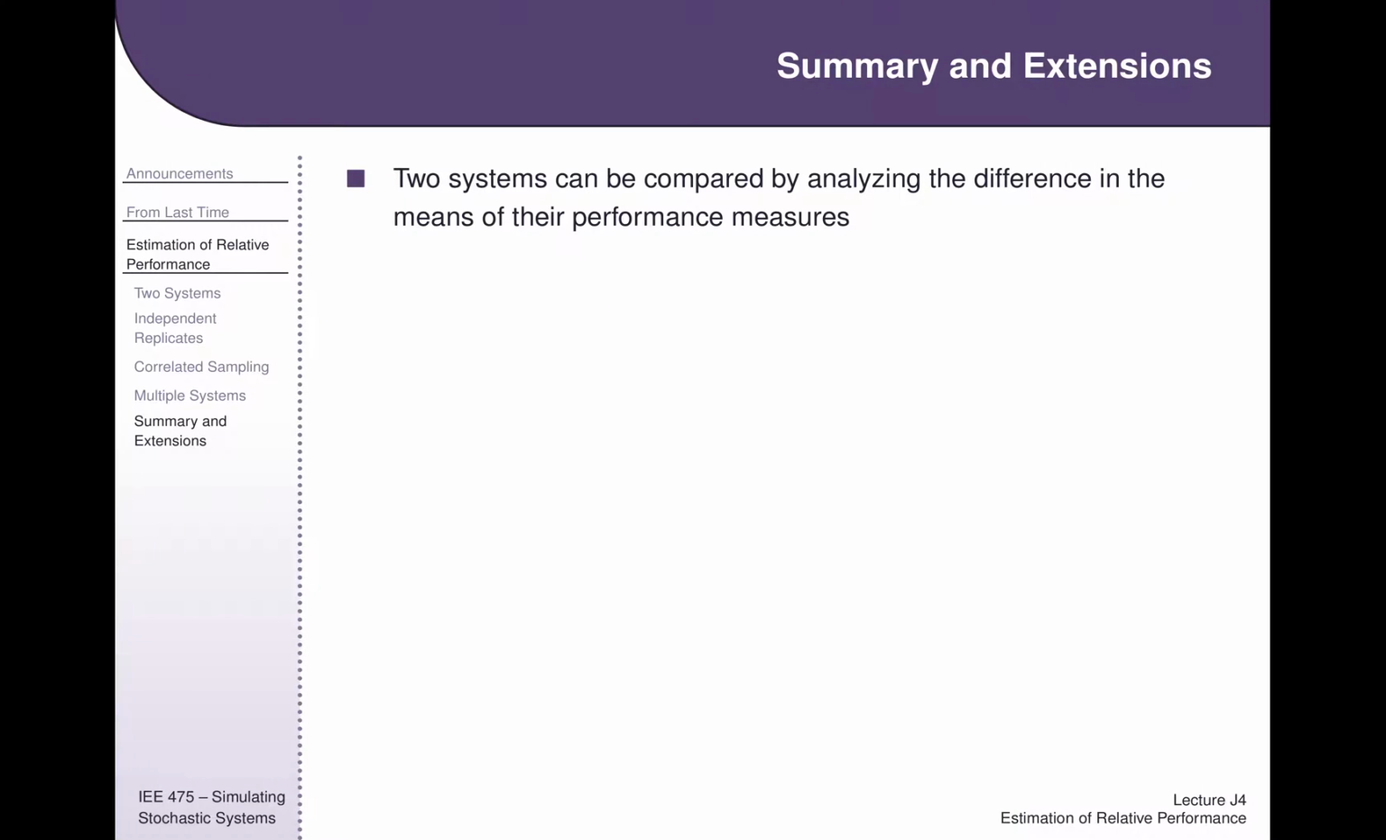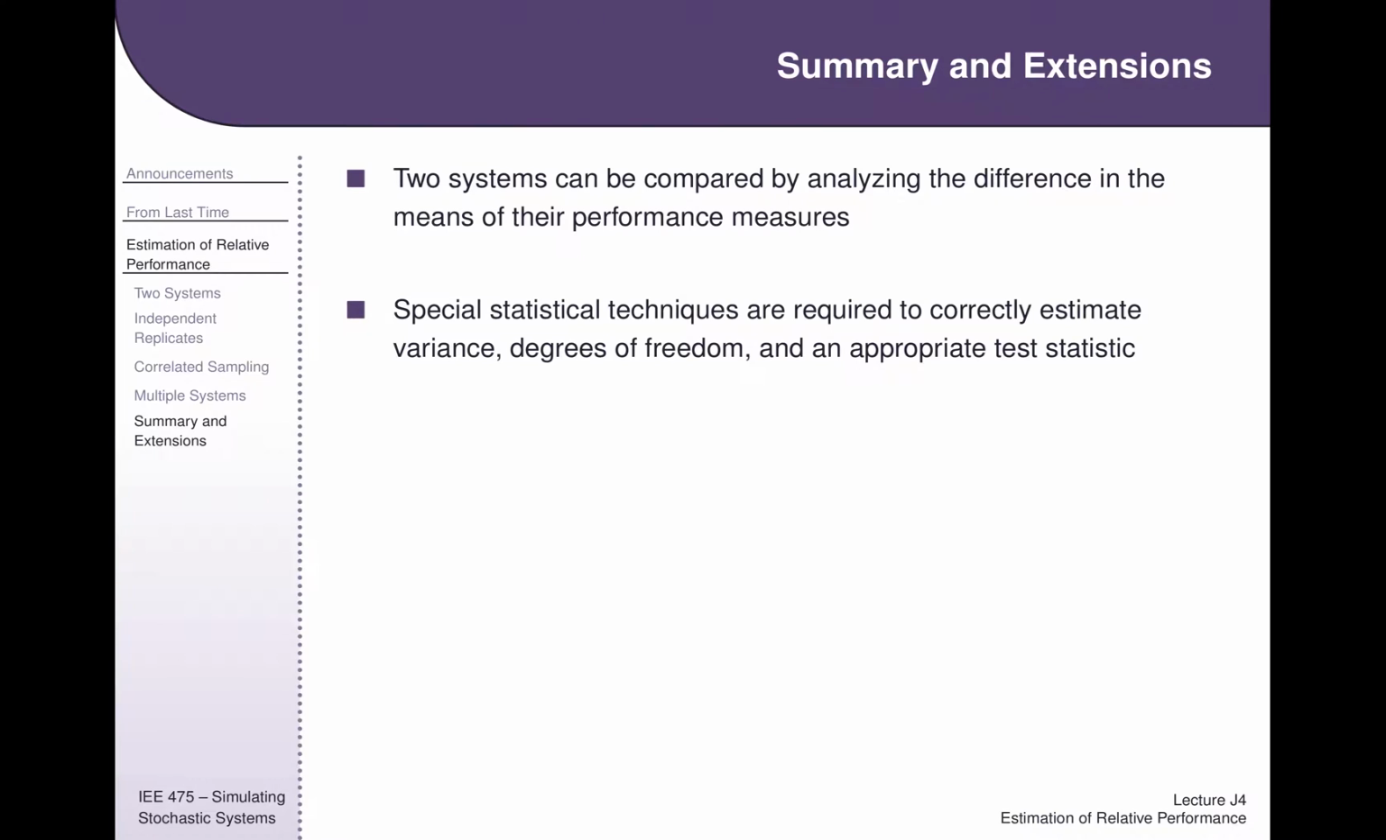So in summary, what have we talked about in this lecture? Well, we've said that so far, two systems can be compared by analyzing the difference in the means of their performance measures. But depending on what we know about those systems, whether one system has the same variance in its performance measure as the other, whether they're different variances, or whether those systems have been run so that we can't actually say that the outputs are independent, is going to affect how we calculate the variance and degrees of freedom